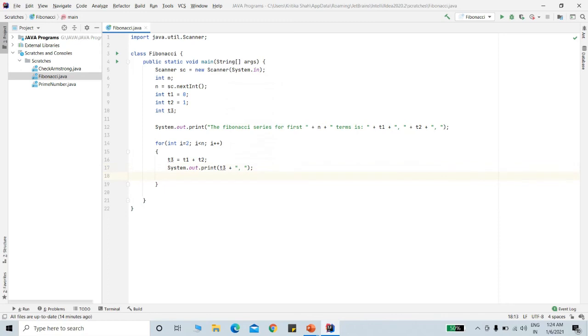And now we will change the values of first and the second term for our third term. So the t1 will become t2 and t2 will become t3. Now we are done with our code. Let's run it.